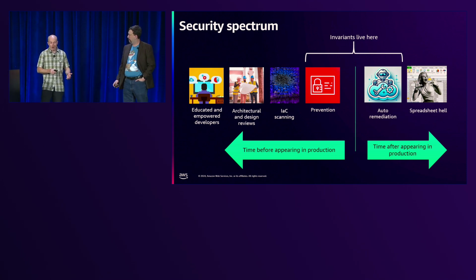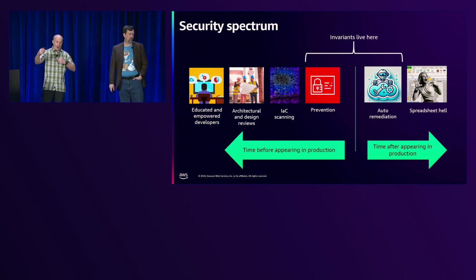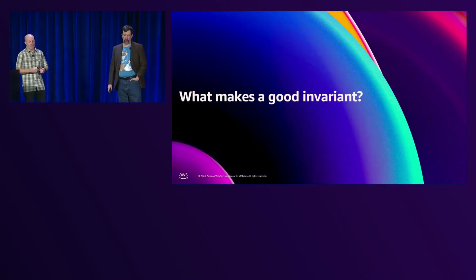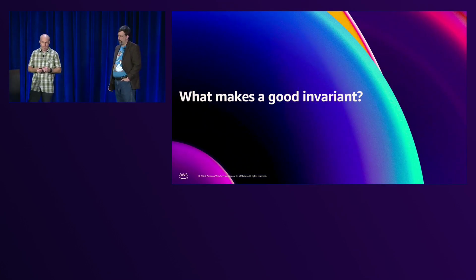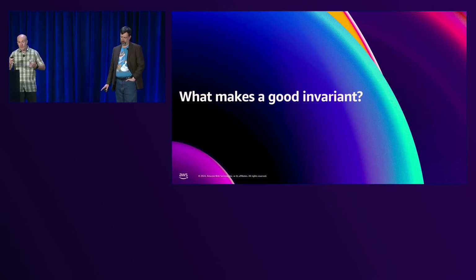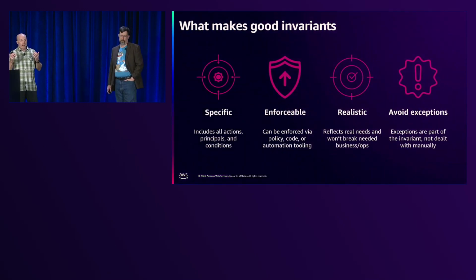Ideally, this gets us out of that spreadsheet hell on the other side, where you're just fighting and patching and fixing and detecting and running around from the outside. Now security can actually layer in and enforce things at that top level. Now, to do this well, you have to have good invariants, because anytime you're putting blockers,